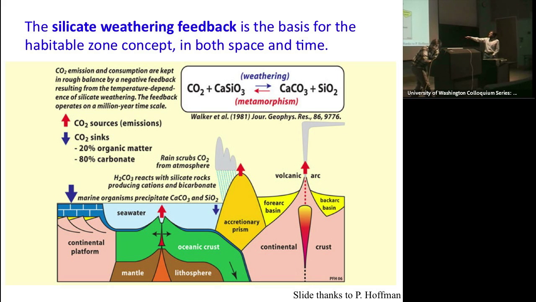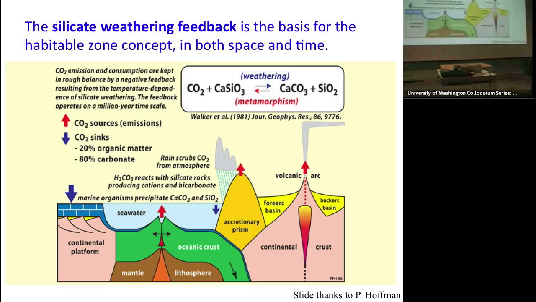basalt exposed at the mid-ocean ridge, and then you have hydrothermal systems and seawater working into the basalt, reacting with the basalt, carbonizing it, removing carbon from ocean atmosphere system that's eventually buried in a similar way to how the calcium carbonate that's precipitated from continental weathering is buried in the sediment, then eventually into the mantle. And so I'm going to try to add the seafloor weathering into this picture of what sustains the habitable zone, and then see what happens as you change the land fraction and how the habitable zone responds.